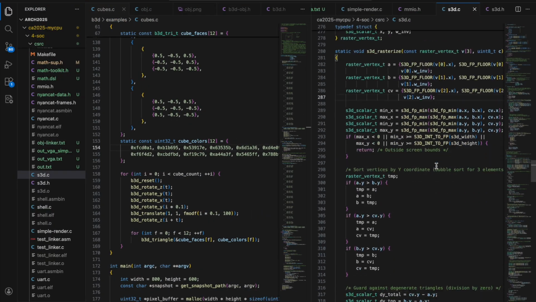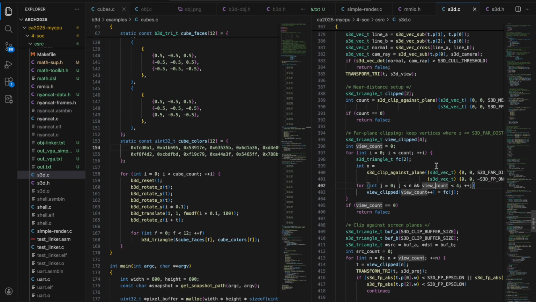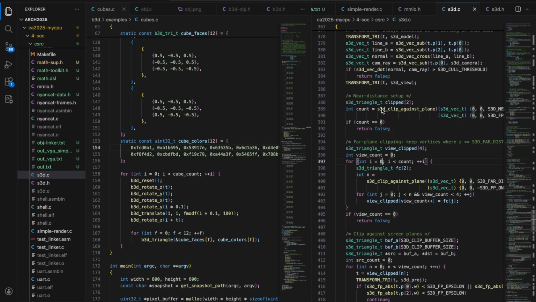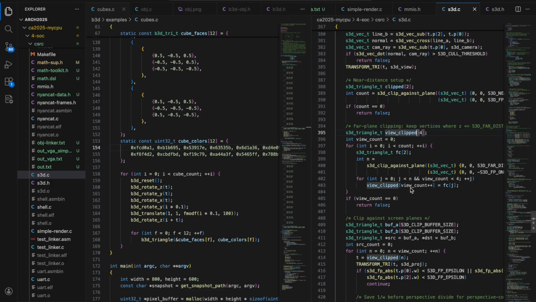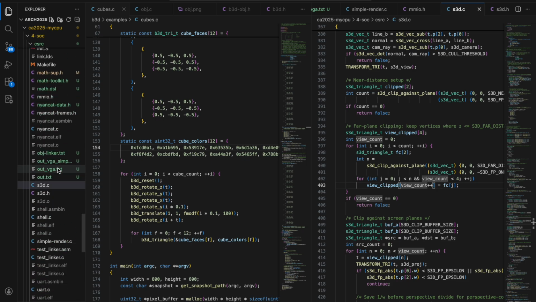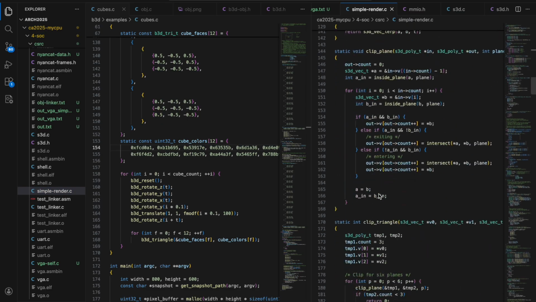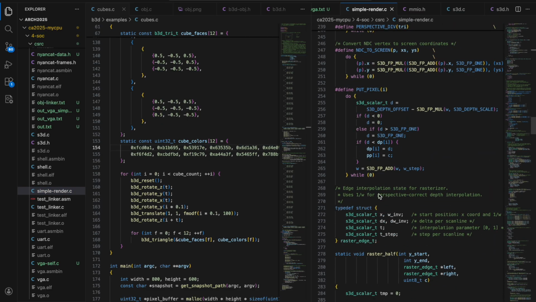The clipping strategies will be in here. In this case, it will consider the near plane clipping and also the far plane clipping here. But the alternative work is the simple render.c. Here, it's a simple render.c that wouldn't consider the